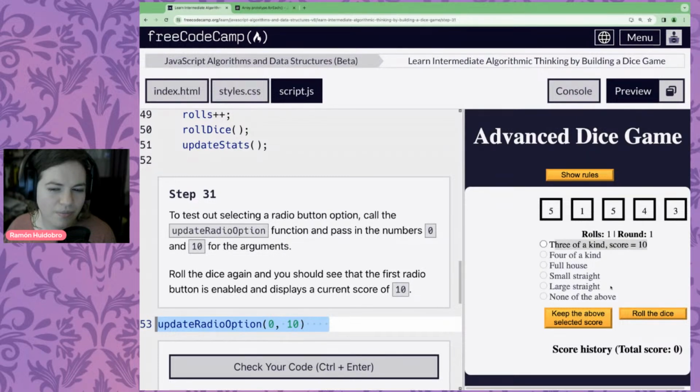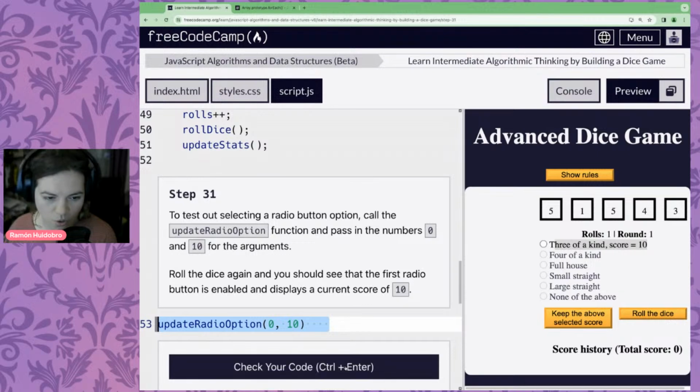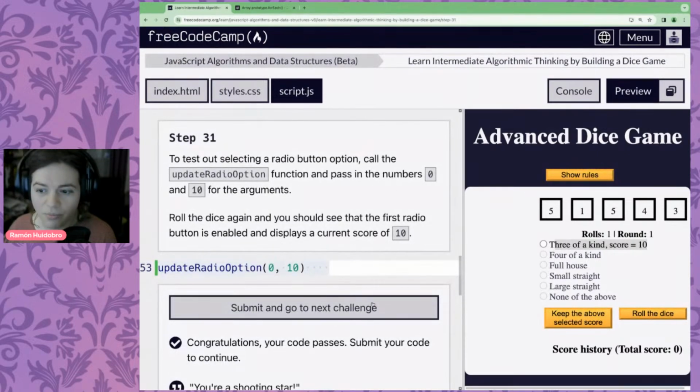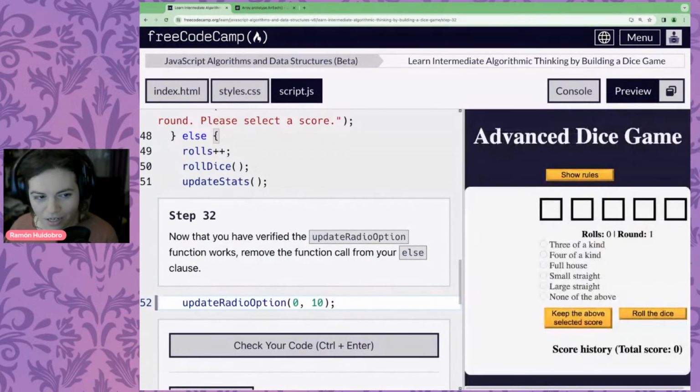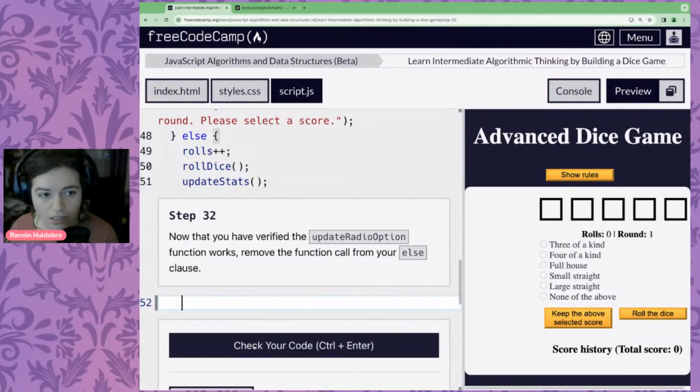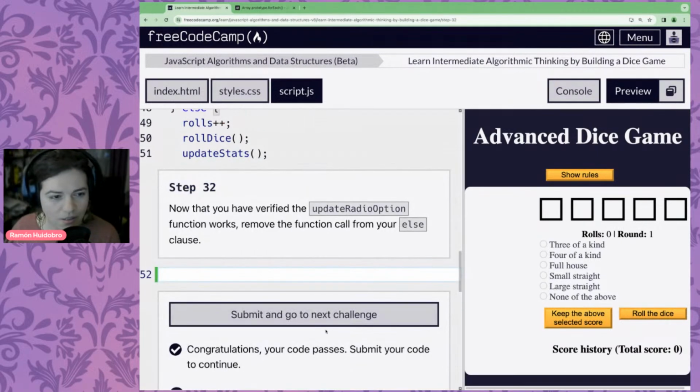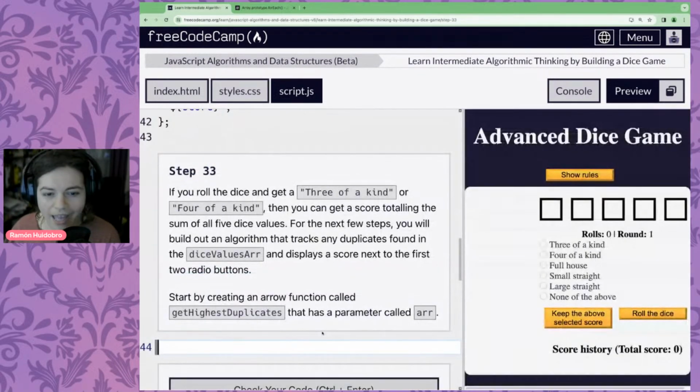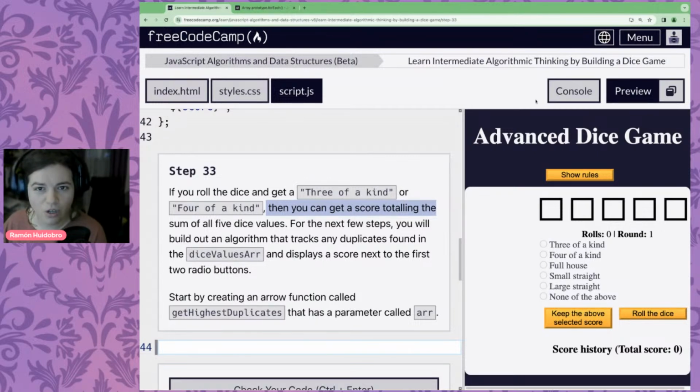Yeah, so when I roll the die now, it shows the score. Cool. Feeling pretty good about that. I do realize that we're coming up to the end of this session, and I do want to take some time for Q&A. So I'm just going to do a couple more steps. We're removing this from our radio options. And I might actually leave it here so that tomorrow when we come back, we're going to start implementing how to detect a 3 of a kind, a 4 of a kind, and get a score by summing all of the 5 dice values. So I feel pretty good about stopping here.